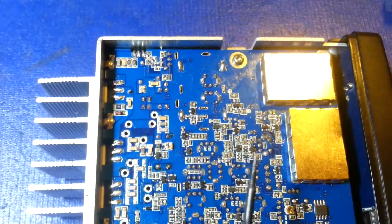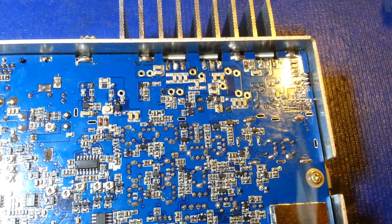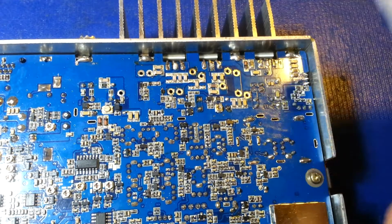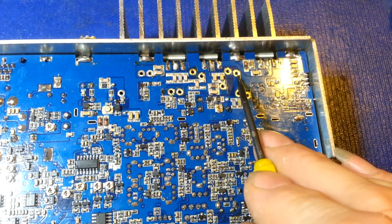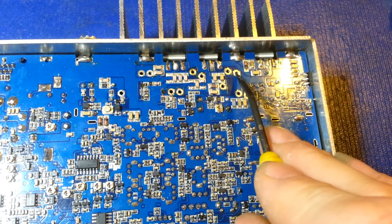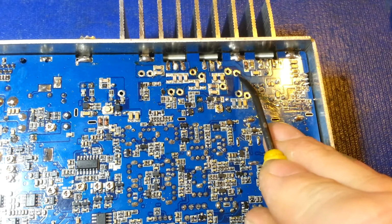So the proper procedure here when I do stuff like this, especially on multi-layer boards, if I suspect bad solder joints or I test it and find that I have continuity on one side, but it's not making it through to the lead or from the lead to a pad, I do not reflow them, because I find that's not a good procedure to use. The best procedure to use when you have bad solder joints on even just regular double-sided boards, anything but through-plated holes, the best thing, honestly, to do is completely desolder it